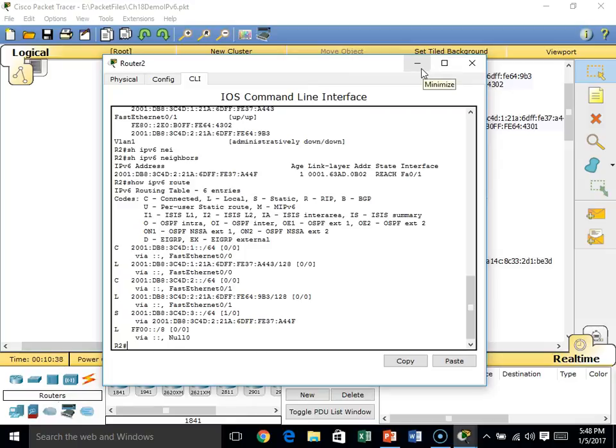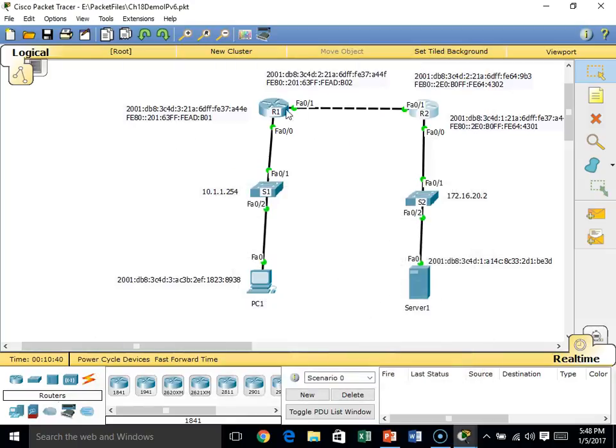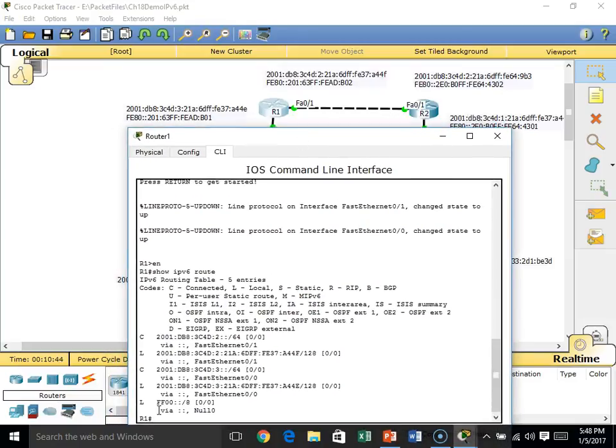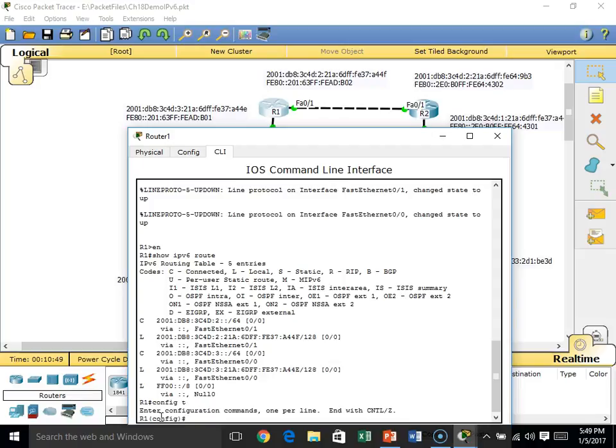So let's go and see if I can actually get this thing in here. So config t, and it's ipv6 route ::/0. That's going to be the equivalent of the 0.0.0.0 with the 0.0.0.0 subnet mask. The default here. We're going to go out fast Ethernet